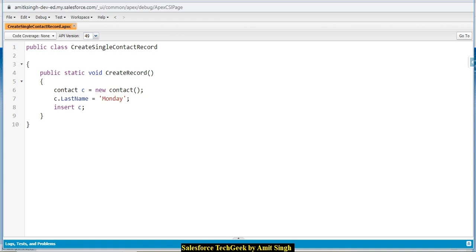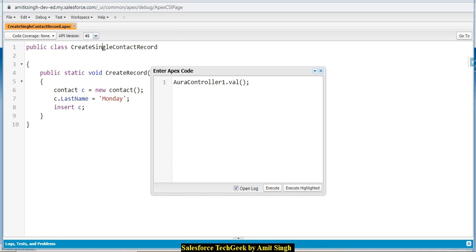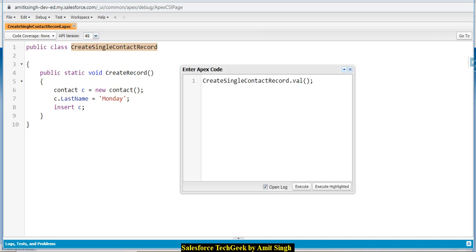And now from the developer console, we just need to press Ctrl E, and we need to call this method. So this is a static method, so we need not create an object. We can just call it using the dot operator. So the syntax will be class name dot method name. So just copy the method name also and place it here. And now I have to click on the execute button. Just click on it,